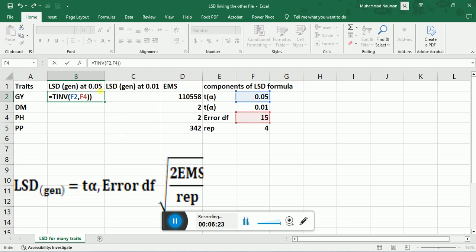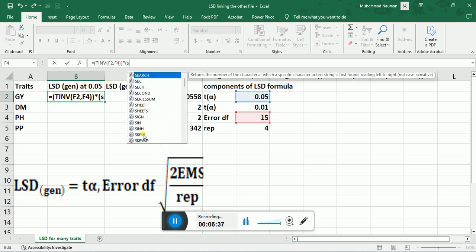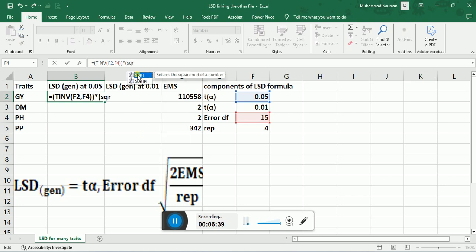Close this whole entry to be represented as one value, multiply by, type star, start the bracket, and type SQRT, square root. For this square root, type 2, multiply by error mean square. Where is the error mean square? Here it is.